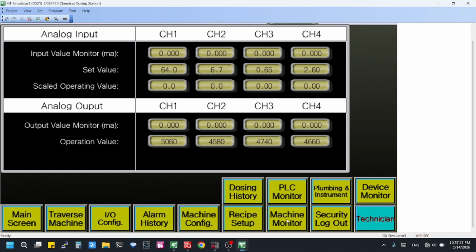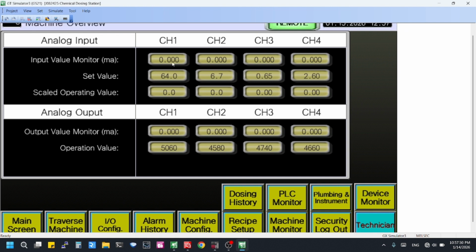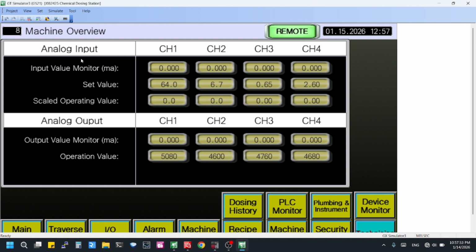This page here, machine monitor, gives us the values that are running currently. So we have our analog input and output. We have channel 1, 2, 3, and 4 for the conductivity input to the PLC, and analog output 1, 2, 3, and 4 to the pumps. We can see what the actual milliamp value is, what the scaled value is down here, and the same thing for the output, the operation value, or what the current pump value is